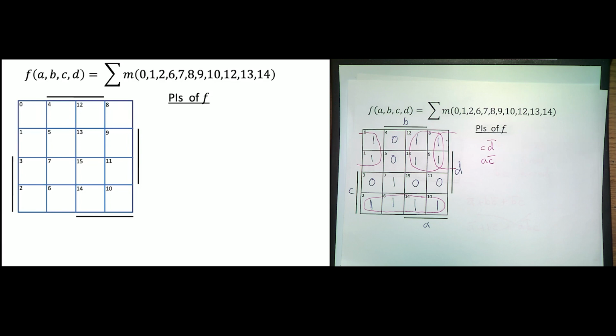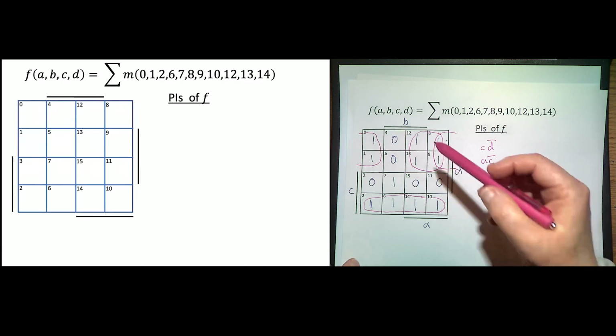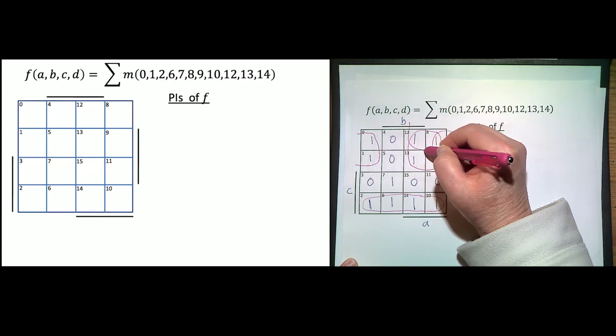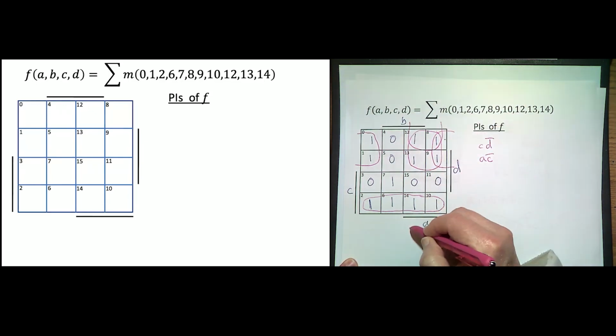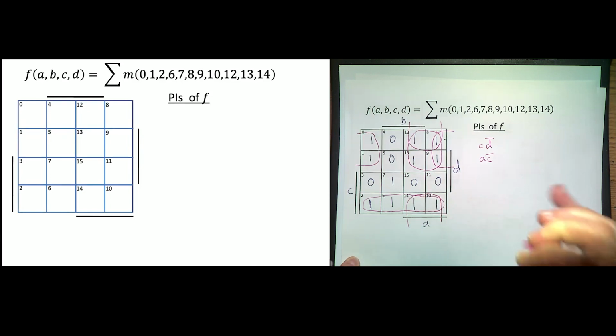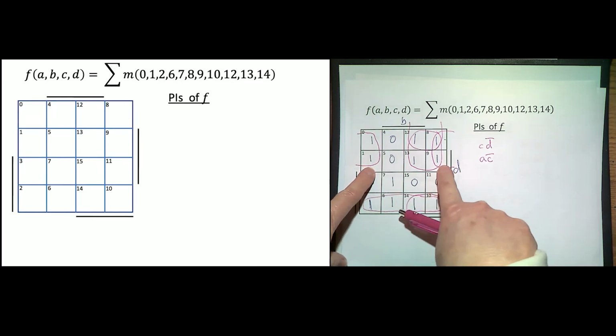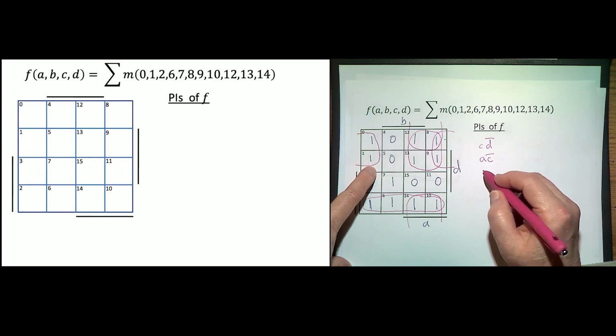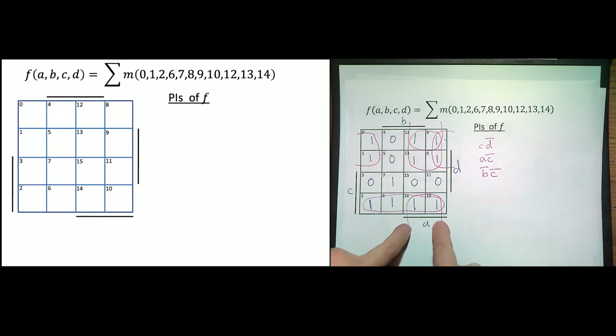Yes? 12, 8, 14, or 10. Okay, so we have this one. Oh, wait. We didn't come up with a product term. What was the product term for this one? Not B, not C. Okay. Now this one?